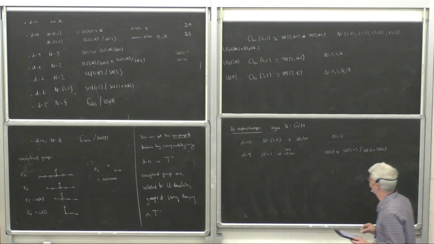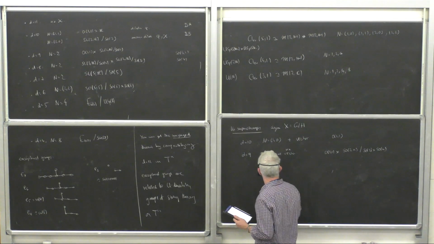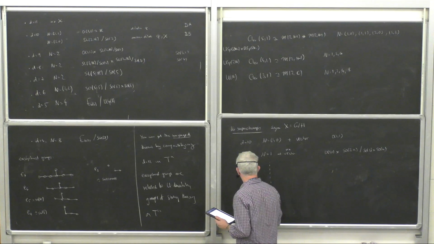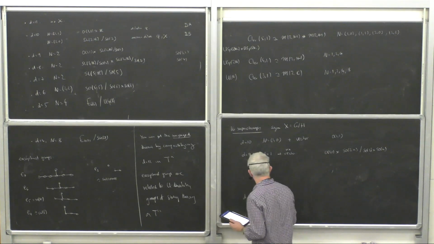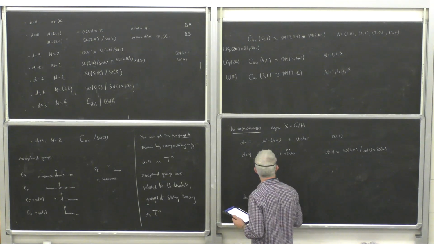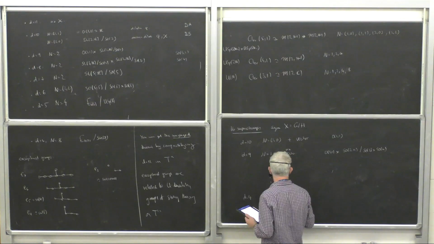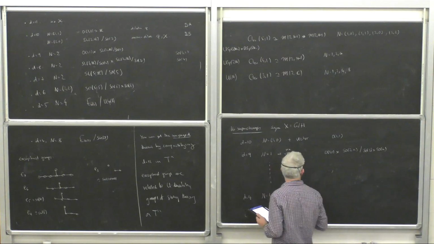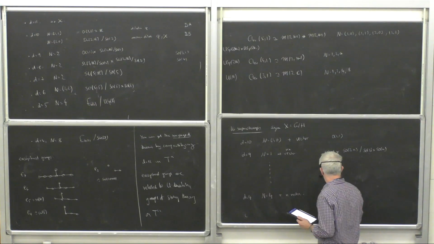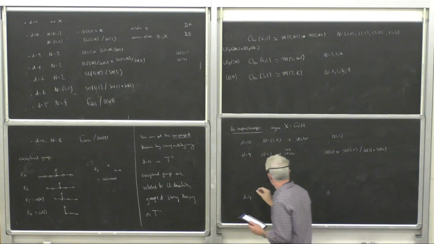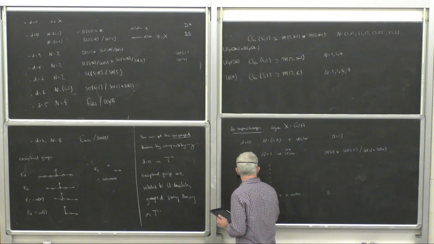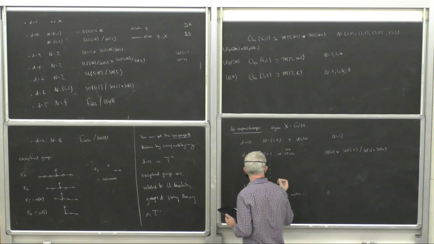And this story goes all the way down to D equals 4, where I have N equals 4 plus n vectors. And there I get, let me do D equals 5. D equals 5, there I have N equals